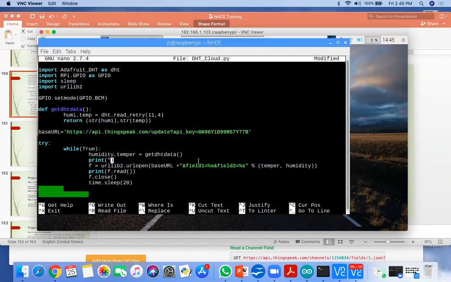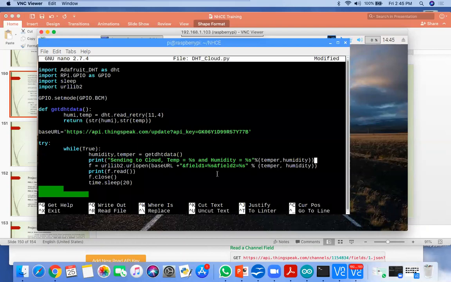Print sending to cloud, temp is equal to percent s, and humidity is equal to percent s percent, and then temp comma humidity.